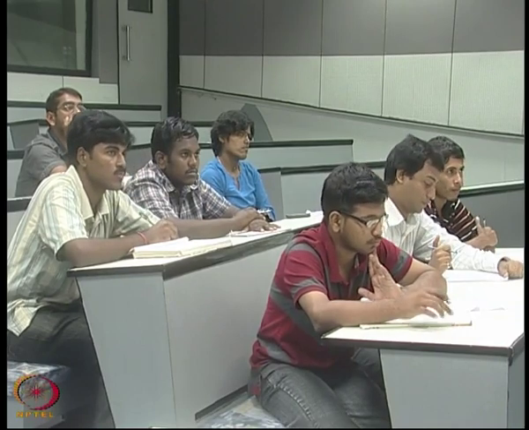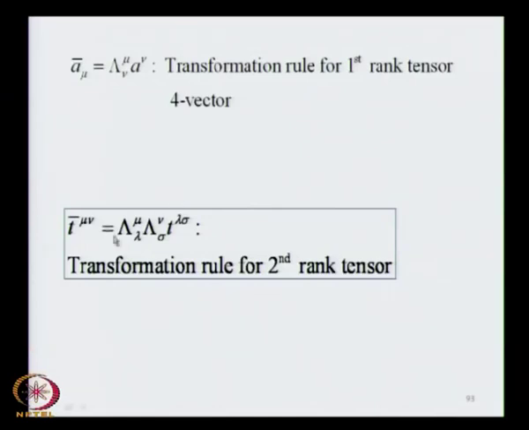The corresponding transformation rule for the second rank tensor is given by this, because there are two indices to play with in this case. So, this is the transformation rule for the second rank tensor. This lambda we have already defined,